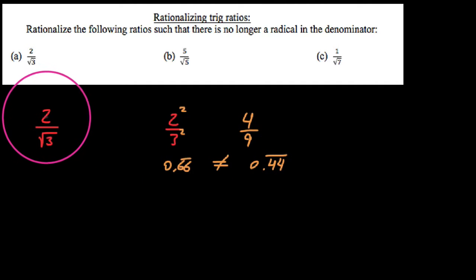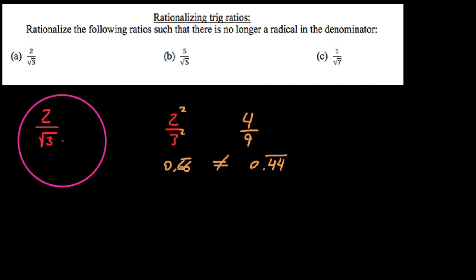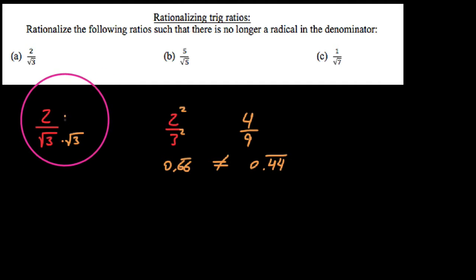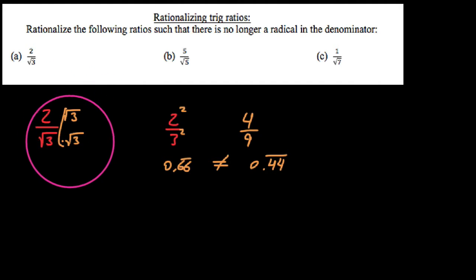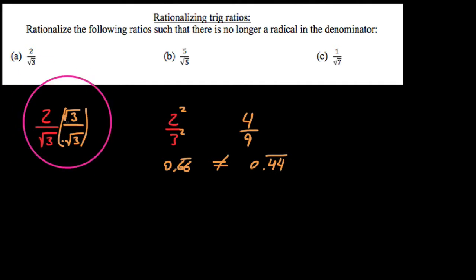So what we need to do is something that is a clearly legal move here, which would be take the top and the bottom times the same thing. And since my goal here is to square the bottom, since that would get rid of the square root, we'll just interpret that as being taken times itself. And so we'll take the bottom times √3, and we just have to do the same thing to the top. And when you multiply by √3/√3, consider this, you are just multiplying by 1, which doesn't change the overall value